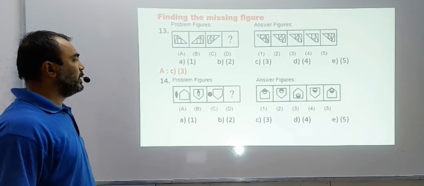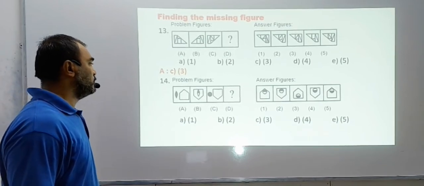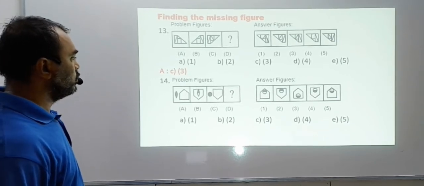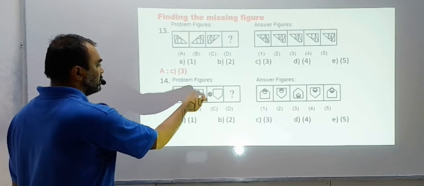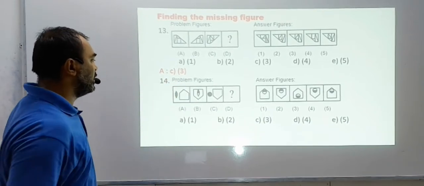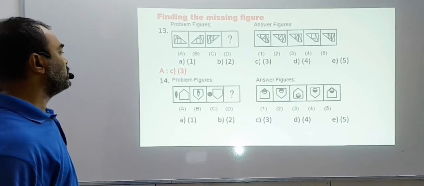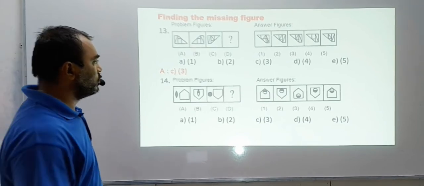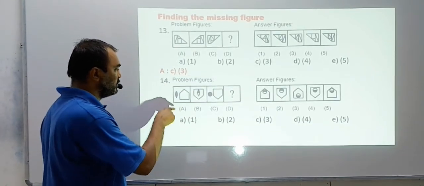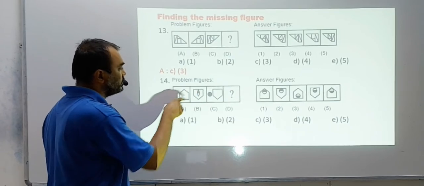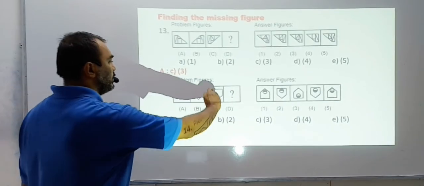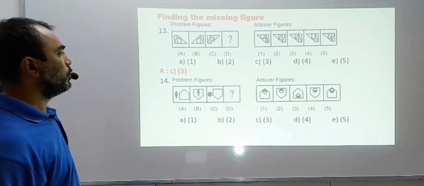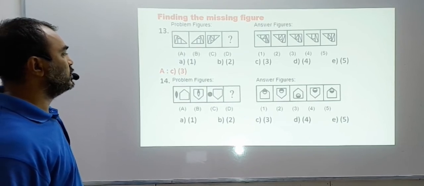See the leaf, see the pentagon. What has happened? Yes, I think you must have got the logic. The pentagon has inverted and the leaf has got inside, changed half the color. Which half is changed? The bottom half is changed. Yes, you have to see that also because then you might have the differences. So the top black has remained black, the bottom has become white. Use same logic, invert the pentagon, put the circle inside. The top part should not change the color, the bottom part should change color.